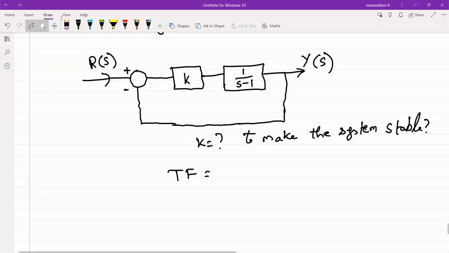Yeah, can you tell me what will be the numerator? K divided by S minus 1, sir. Okay, K divided by S minus 1, divided by 1 plus